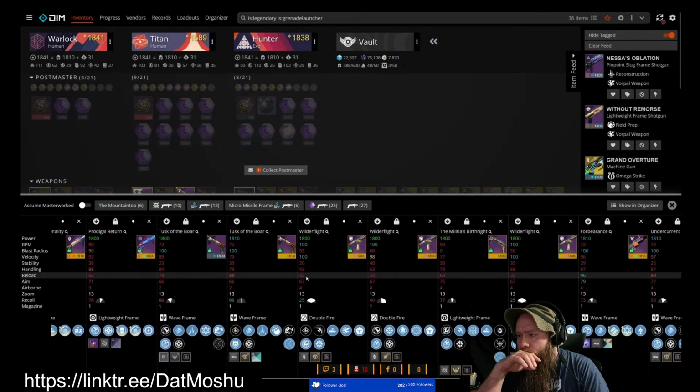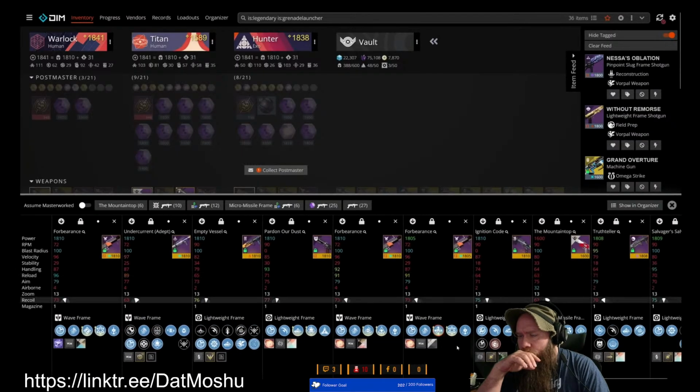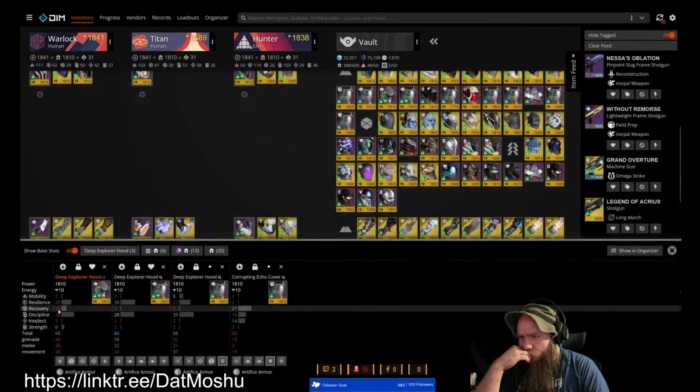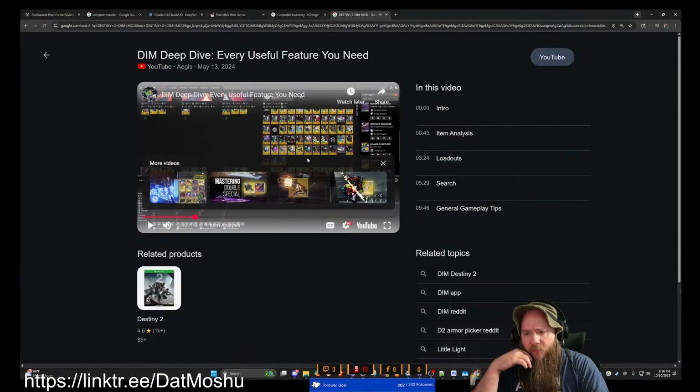Looking for a specific stat when you're farming, you can click these stats on the left of the compare pane to sort by value from left to right. This is good for weapons, but it's especially good for